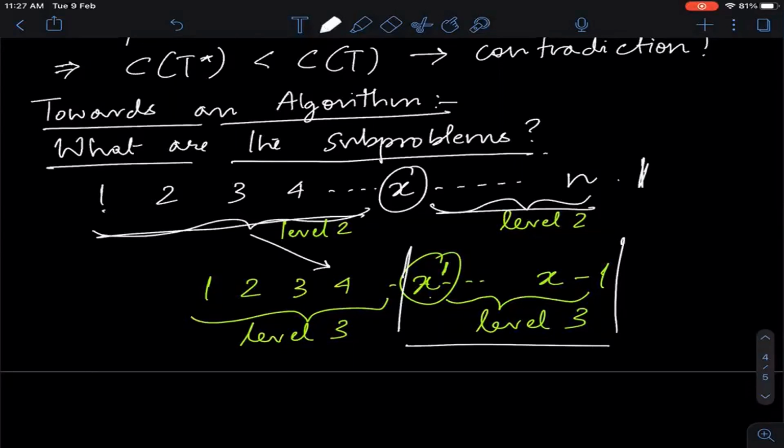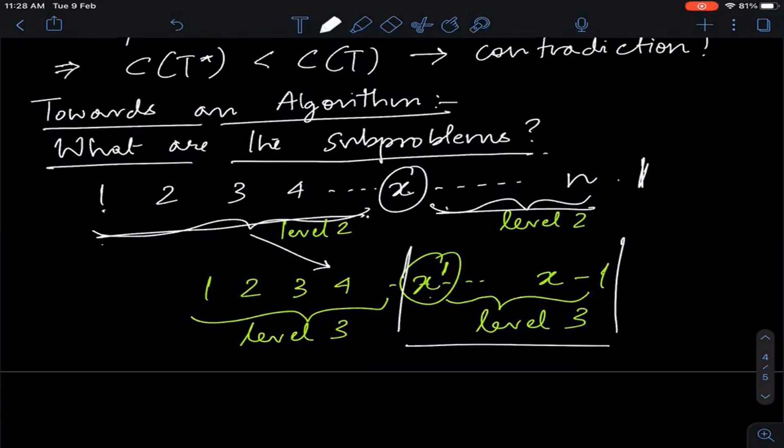So let's see why we are talking about all these prefixes and suffixes again. This is very, very important to understand. If you get this into your mind, I think you are at least at the brown belt level of dynamic programming, if not black. So let's say you are trying to solve this entire problem on the keys 1 to n. Now remember, I have to write a recurrence. Suppose you fix your x. At this level, it's enough to solve the subproblems which are 1 to x minus 1 and x plus 1 to n. At this level this is fine.